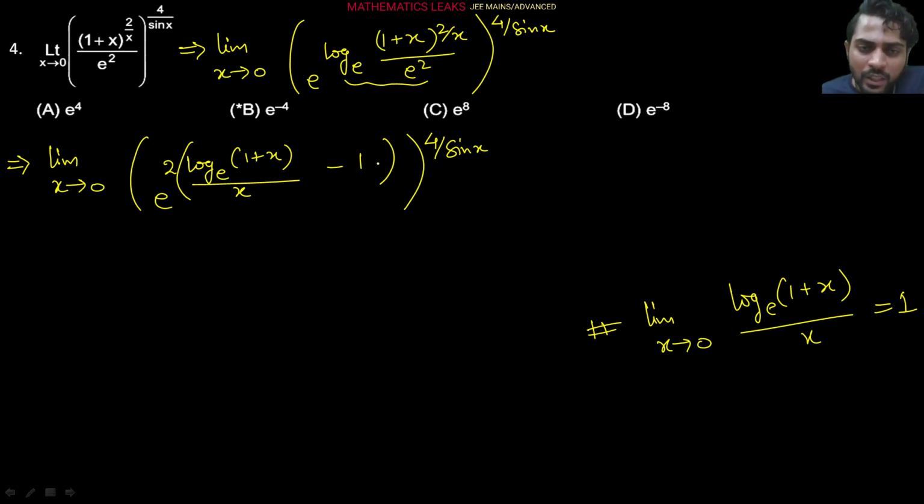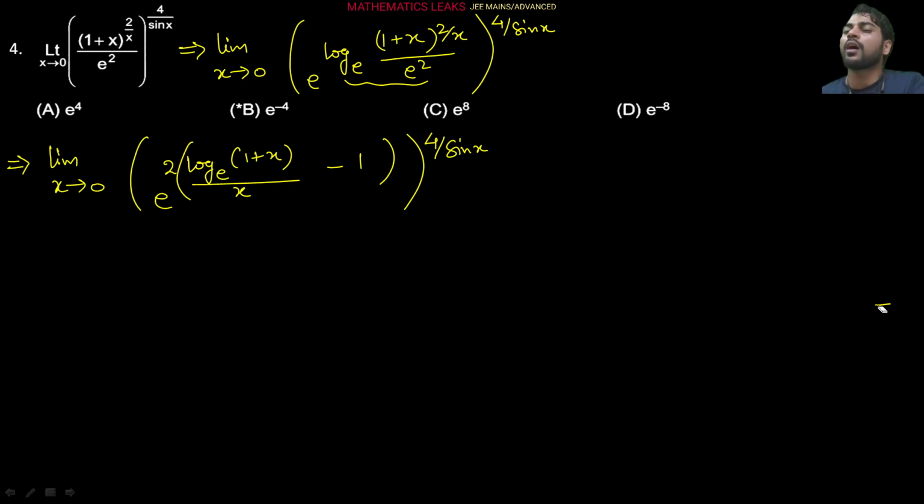So 1 minus 1 is 0, 2 into 0 is 0, so e to the power 0 is 1. So this part is tending towards 1, and 4 by sine of x, with x tending towards 0, that is 4 by 0, tending towards infinity. So it is the 1 to the power infinity form. How to solve? The working rule we know very well: the given quantity can be expressed as,